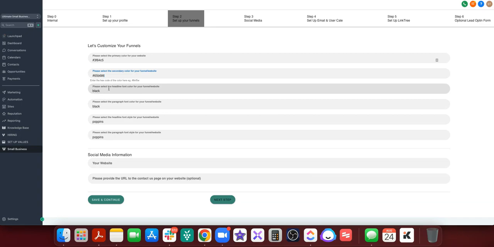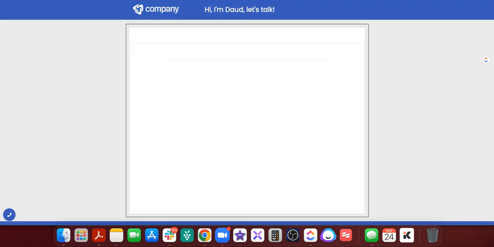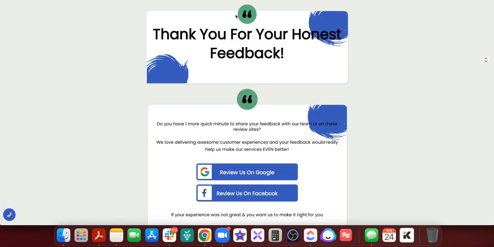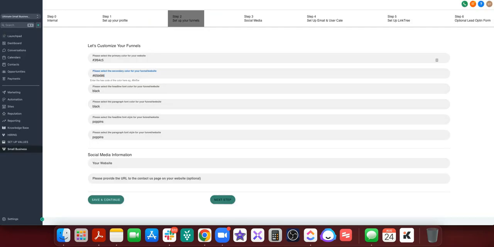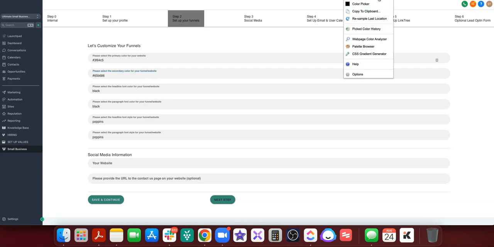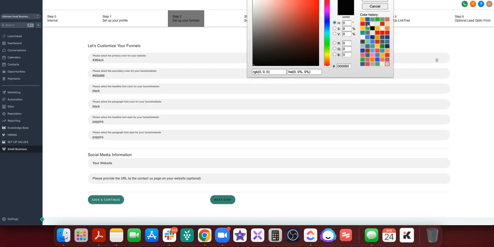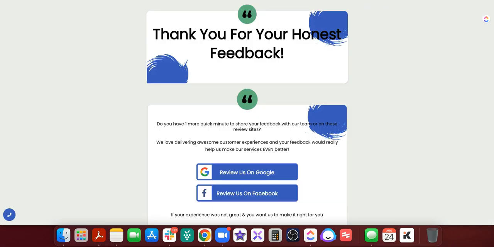Right now we have it set to be black here, but we can change this to any color that we want. So I think I'm going to actually pick like a gray color. This seems good. All right, now that I've got that pasted there, I'm just going to go ahead and refresh one more time and you'll see the color change. So now we have this gray color as the